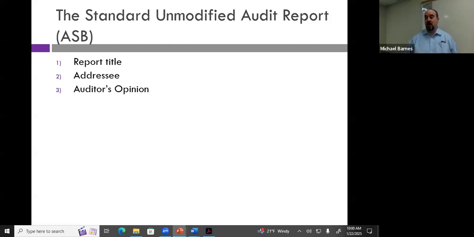So it's very consistent with the PCOB report. So organization is still consistent at the beginning. Then we have the basis for opinion section. I want to make note when we talk about basis for opinion, this basically constitutes the scope paragraph in this